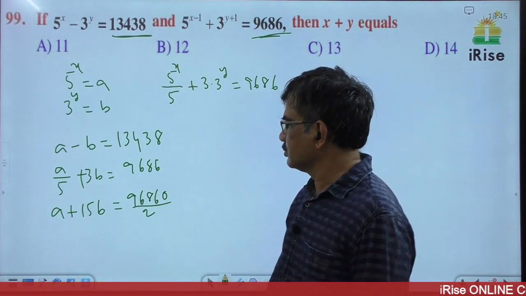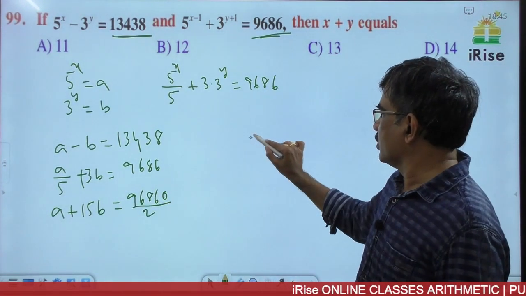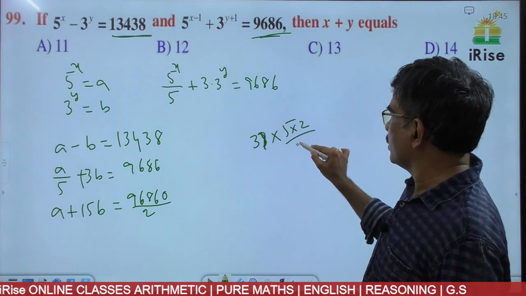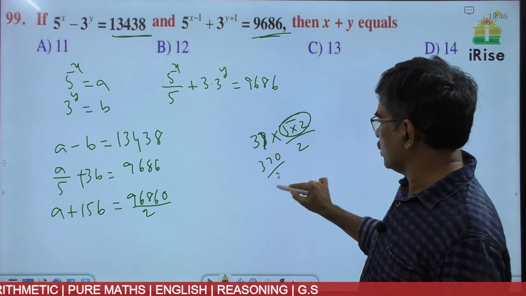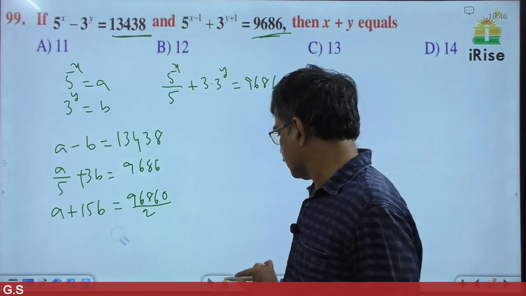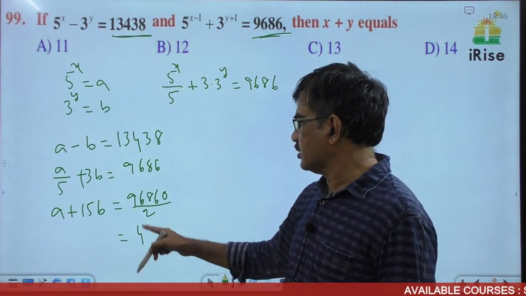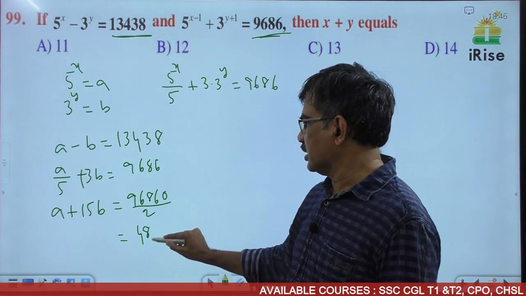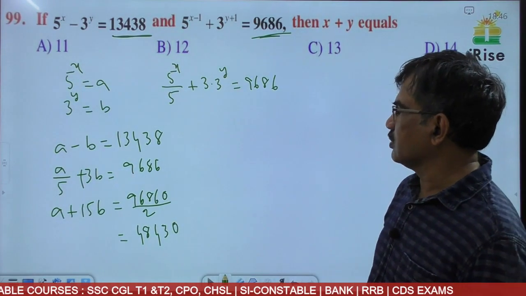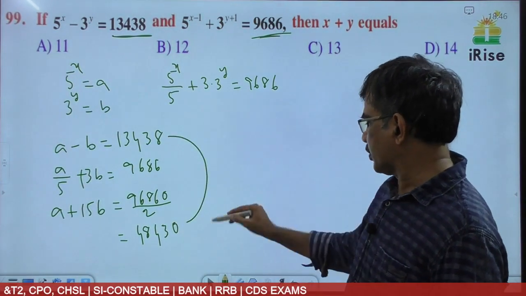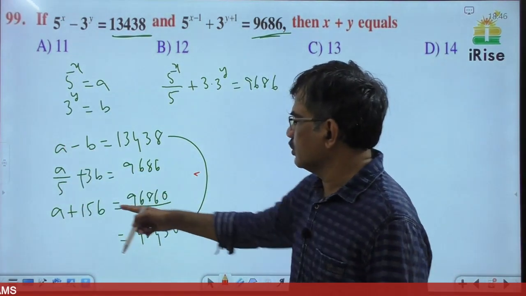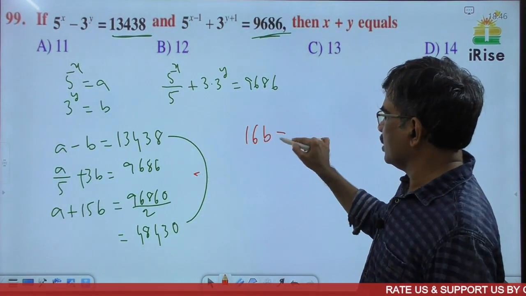96860 by 2. Okay, so any number, for example 37 multiplied by 5 means multiplying by 10 divided by 2. So 370 by 2 is the simplest method. Then what do we get here? 2 4s 8, 16, 2 3s 6, 4830 is 15b. This minus this, subtract,